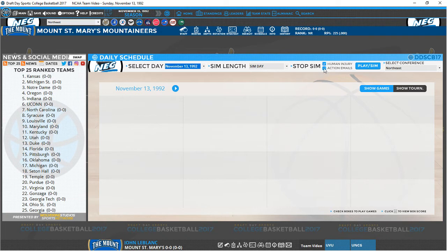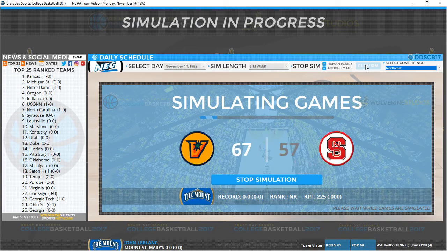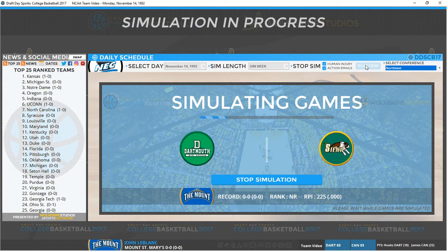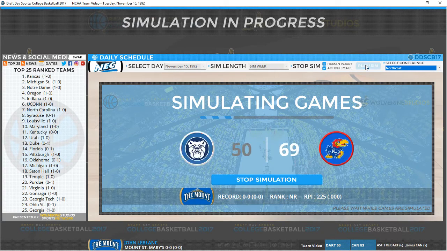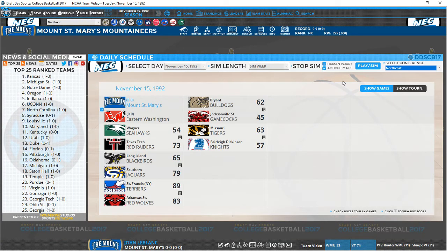All right, stop sim for human injury and action emails. I'm going to sim the week. Now, you can choose to play your games out, I believe, but I'm a simmer. I like to just sim mine out. And you can kind of tell when they stop, but the good news is you do set